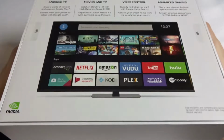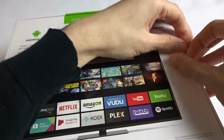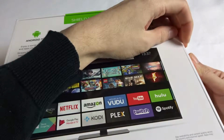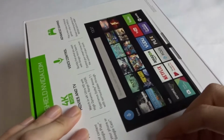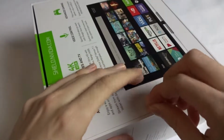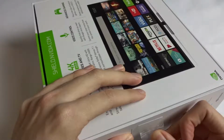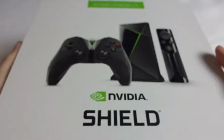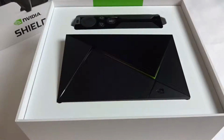So yeah, let's get this open here. Just gotta peel these tabs off from each side. And there we go. Stick them on the table for now. Remove this one. There we go. So now we could just take the top off here like that. And bam. There is a tiny...